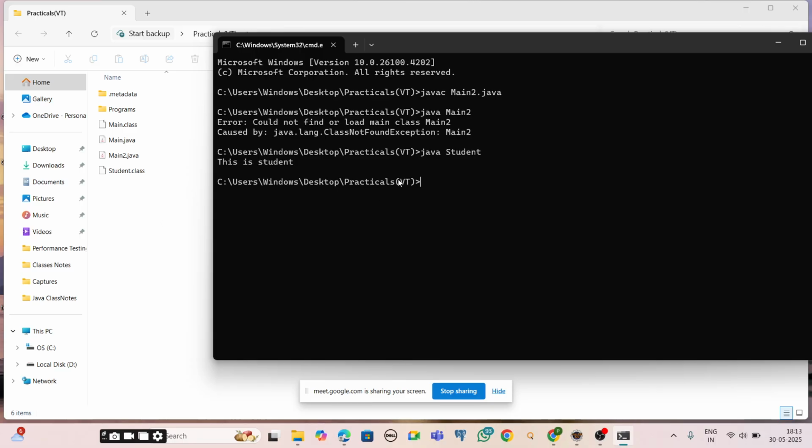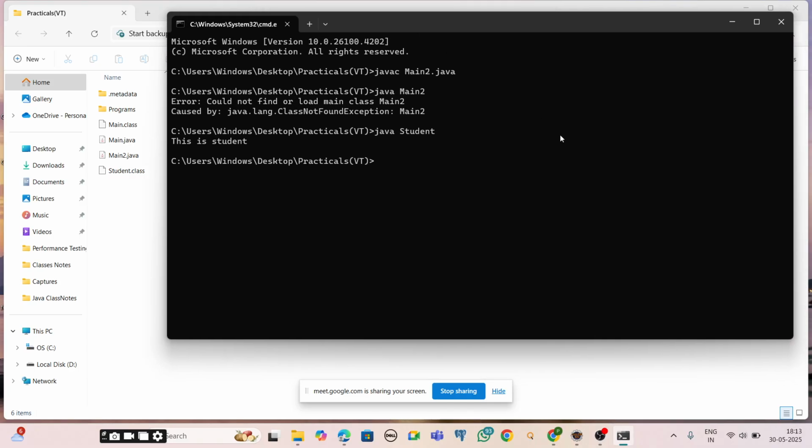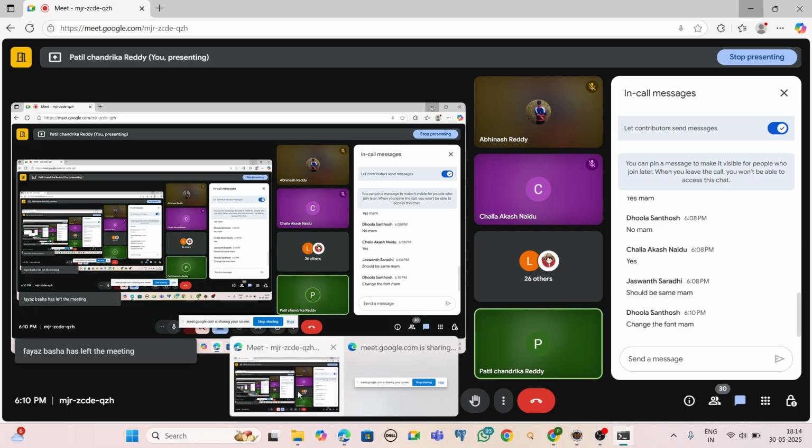If we want to execute, to interpret, we need to give the class name only, because here the bytecode is Student.class. That is the reason, in order to execute this bytecode, we need to give the .class file name only, which is Student. Is it clear for everyone? Let me know.